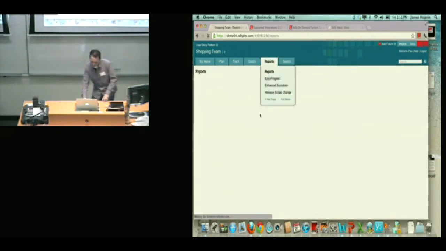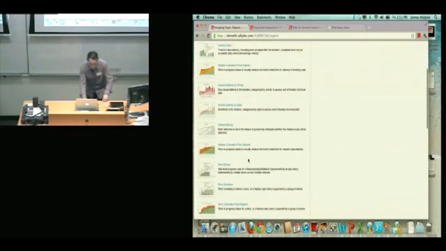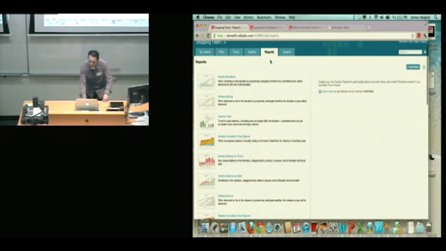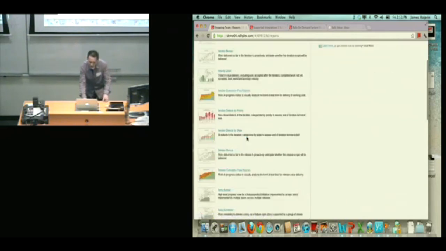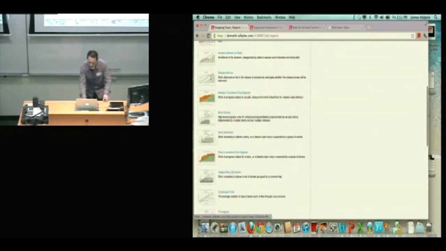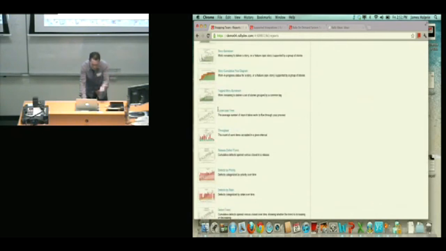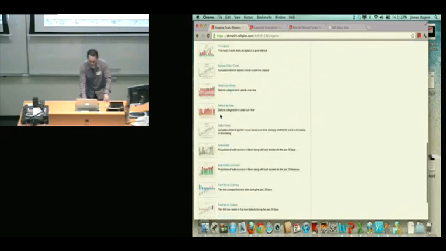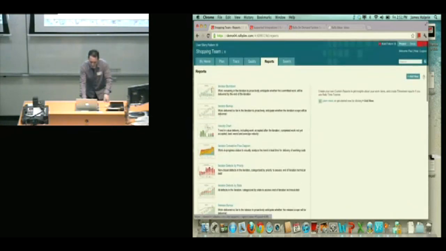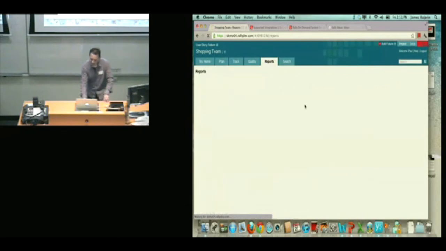All right, the last thing to run over is just on the reporting side. Obviously, you're going to want to report out on that information. If you did want to create reports, you just come to the Reports tab. There's a whole lot of icons for all sorts of reports: release, burn up, story burn downs, you name it, tag story burn downs. If you tag stories, then you can do a burn down specifically based on those tags, etc. It's very easy to generate these reports. If you see one you like, you just click on it, and it will generate that report for you.